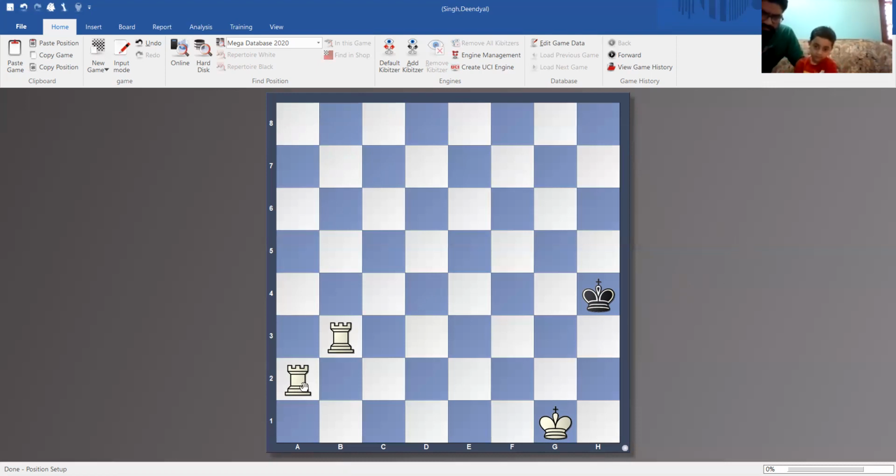F3. Rook to F3. You want to move this rook to F3, right? This is the move you are thinking? Okay. I will play King G4.